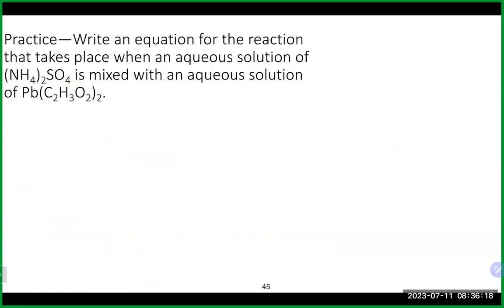All right, one last one here, and we'll wrap it up for this type of reaction. The equation for what you get here when we take ammonium sulfate and lead-2 acetate together. And why not one more time, all three of them equations. Okay,